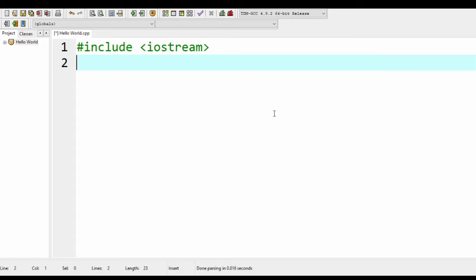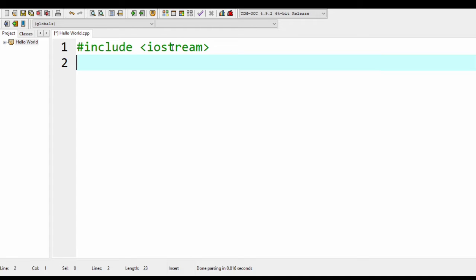We do this because there are no predefined functions that come with C. So we need to get the header file iostream from the C++ standard library so that we can use these input-output functions. This is the function of sharp include iostream.